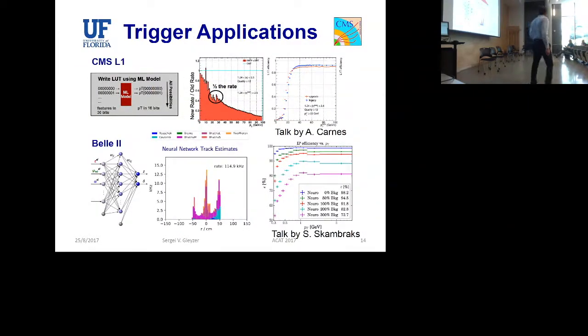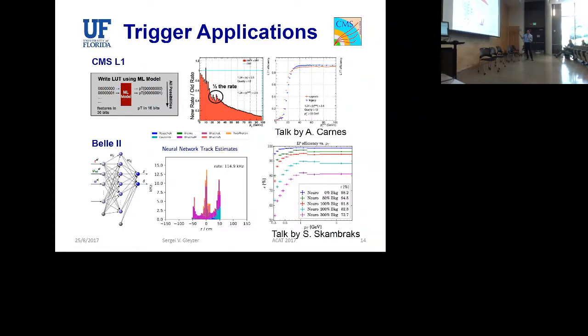This is quite a hot area. And you can see, for example, on top here, this is already in the trigger of CMS, meaning the software and the hardware trigger. Level 1 is the hardware trigger. So here you see a reduction of the rate for muon identification, and it basically uses FPGAs and boosted decision trees for regression. It's also on the software side.